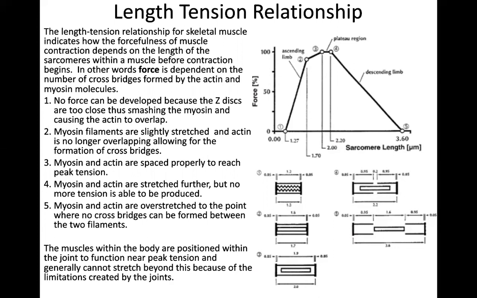This picture, this graph, actually is from the original scientific research study that this was first demonstrated in. Pretty cool experiment that they did where they took a muscle from a frog and removed it, hooked it up to this machine that they could alter the length of the muscle to these 5 different points, looking at the 5 different lengths of sarcomere. And then they hit it with an electrical impulse that then caused it to contract. And then they measured the amount of force. So it's really cool. But a frog muscle that's not in a frog is different than a muscle that's connected